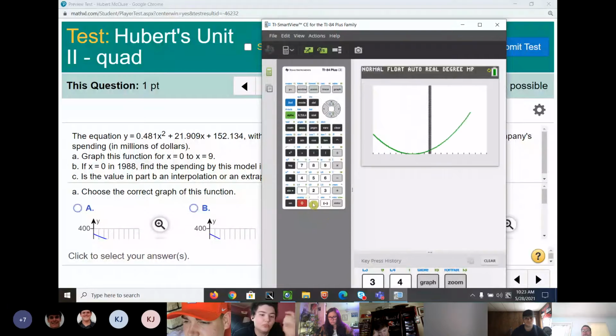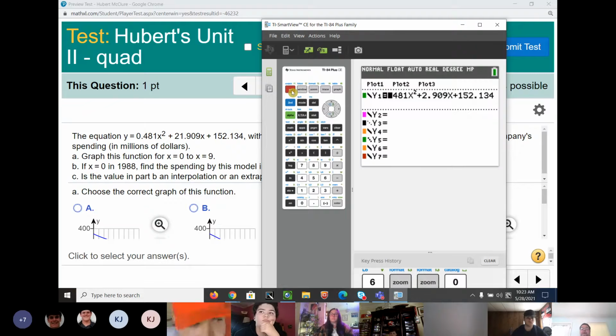There we go. All right, so we got a picture with zoom fit. Now what do they want? Graph this function x 0 to 9. Well, I guess we could do that. Let's go back to the y is equal, and let's go right here and type in